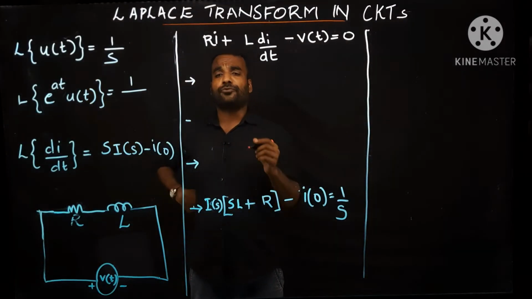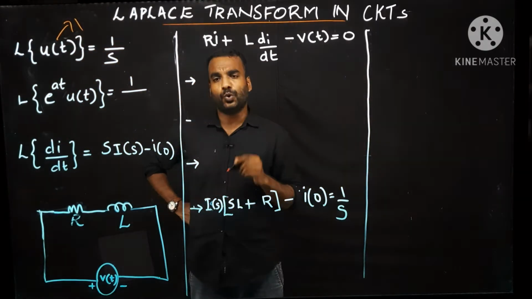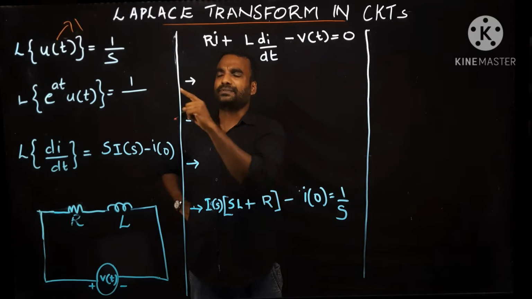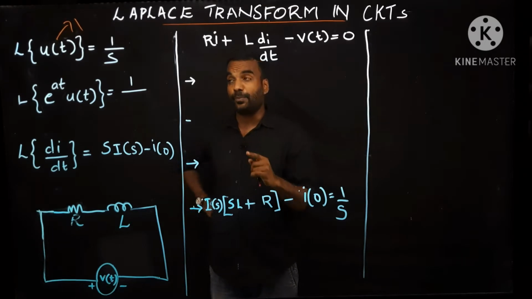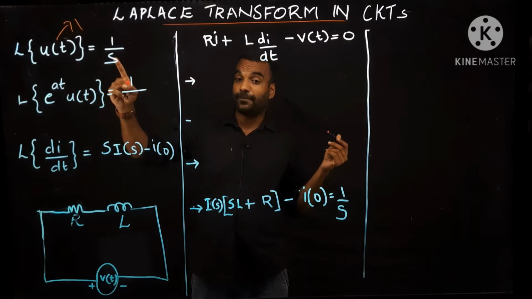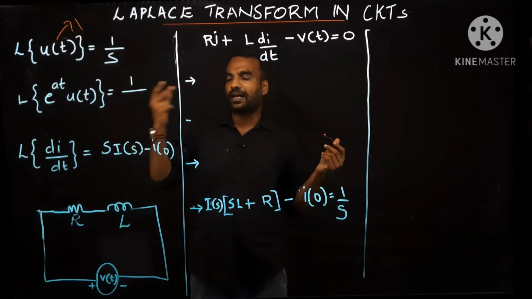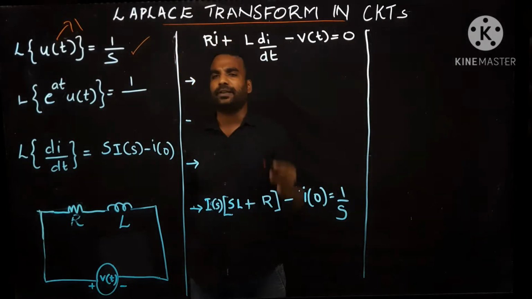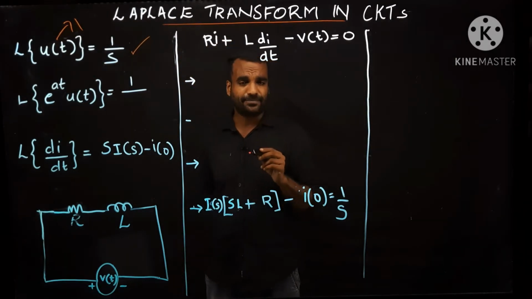Laplace transform of u of t. What do you mean by u of t? u of t is nothing but 1, the unity or unit step. Such a signal is represented as u of t. Its magnitude will always be 1 in the time domain. So simply saying, what is the Laplace transform of 1? Yes, in the previous class we discussed the result. Laplace transform of 1 is 1 by s. Everybody knows this.